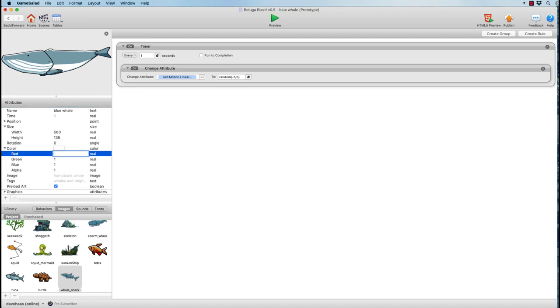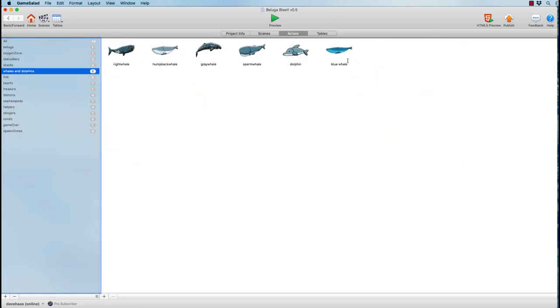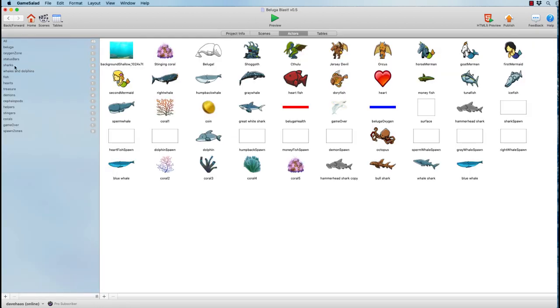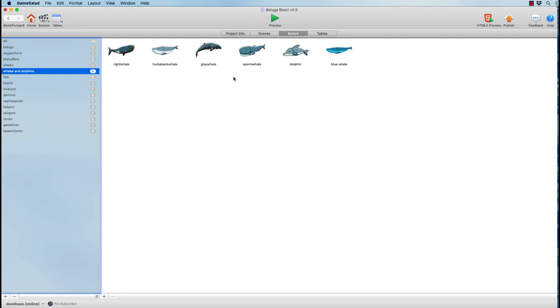In this case, not very much red. You can change the numbers between 0 and 1. 1 would be full red, 0 would be no red at all. We'll add some green and quite a bit of blue for a blue whale. That looks pretty good. And alpha means that the background will be transparent. And now, if we look at our whales and dolphins, voila, we have a 6th whale, the blue whale, that's distinct. 6 objects in our whales and dolphins tag. So we have this whales and dolphins container object with 6 objects in it.